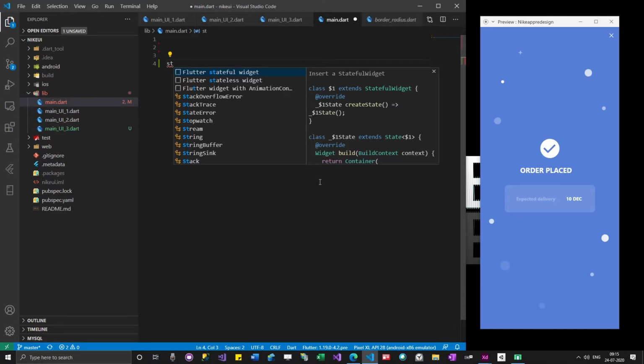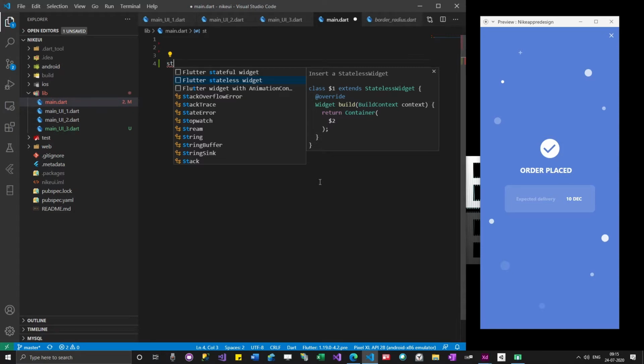The code suggestion features are available across all IDEs, but personally I feel Visual Studio Code is very light, and it was really helpful to me. Once we master one IDE, then we can think about going to other IDEs. Unless we are having any problems, we don't have to switch IDEs for our development work.